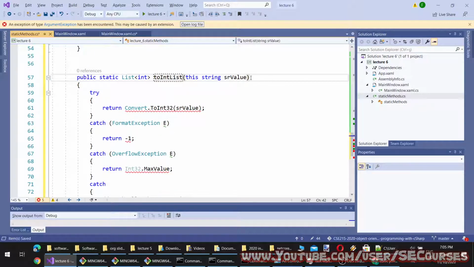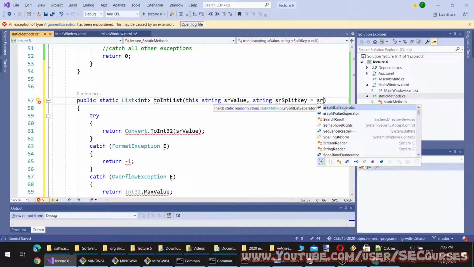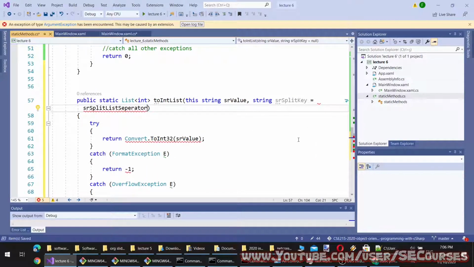By the way, this needs to also take another parameter which will be string splitKey, and we can also set it as default to the list separator. Oh, it should be a compile-time constant.